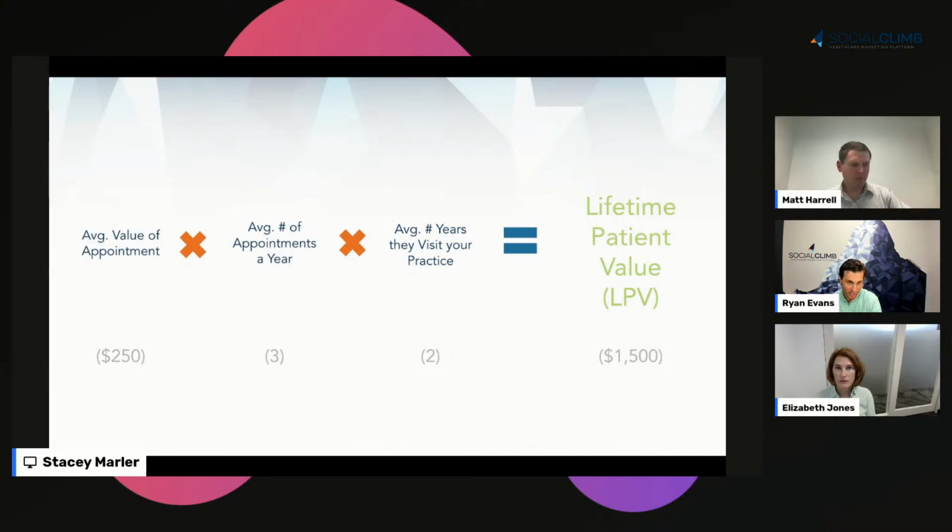So really simple at the bottom. If the average value of our appointment is $250, they see us 3 times per year on average, and the average number of years that they visit our practice is 2 years, our lifetime patient value is $1,500. It can be challenging for a lot of groups to identify that, right? They may have the average number of appointments, they may have the average number of years that a patient sees us, but putting it all together is really what you have to think about. And if you go to the next slide,